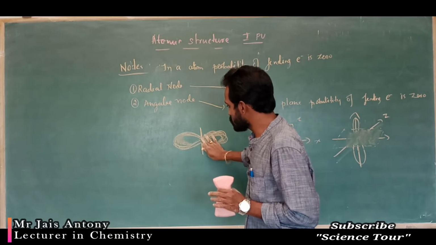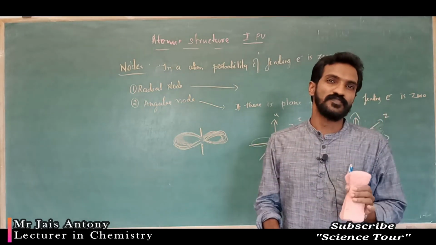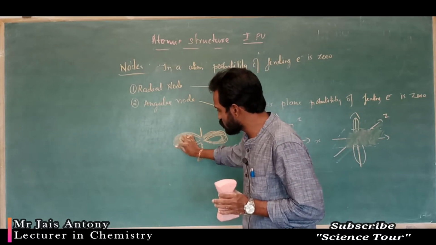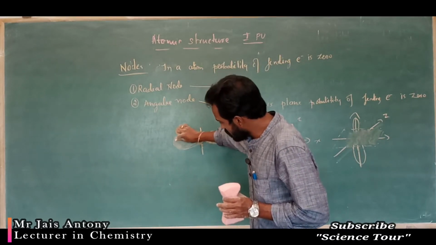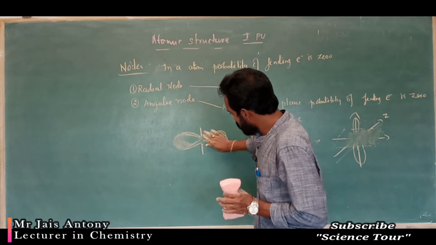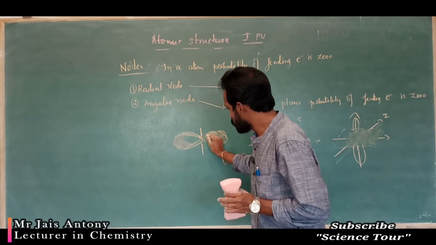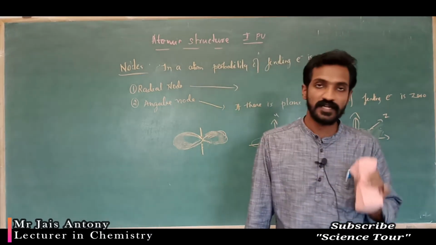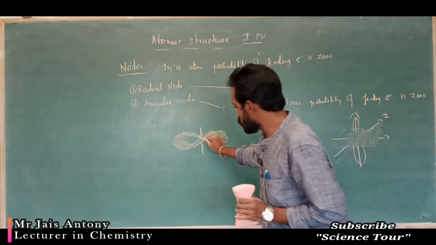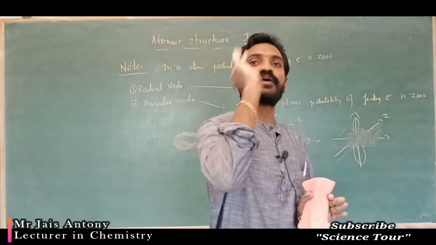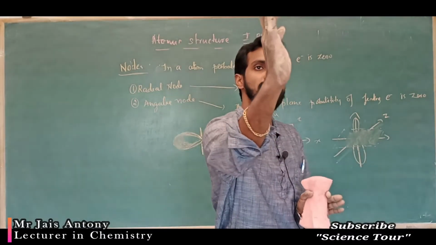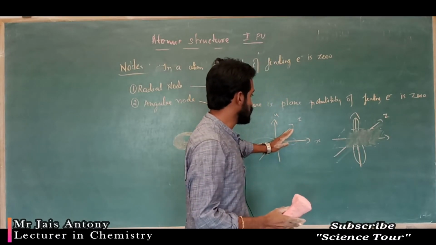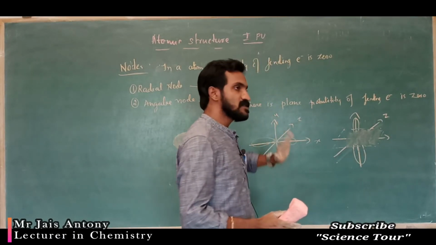At the same time, here the rotation is 0. That means the probability of finding the electron is more towards this lobe, like this, and the probability is 0 here, where that lobe joins together. At this point the probability is 0, where that plane passes. Here it passes like this, that plane we are using.